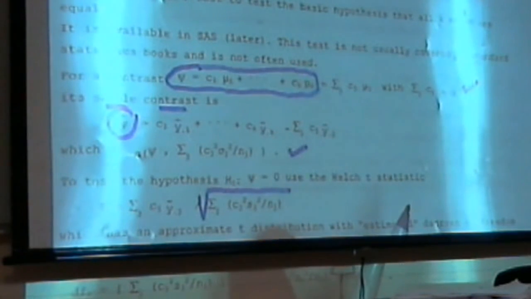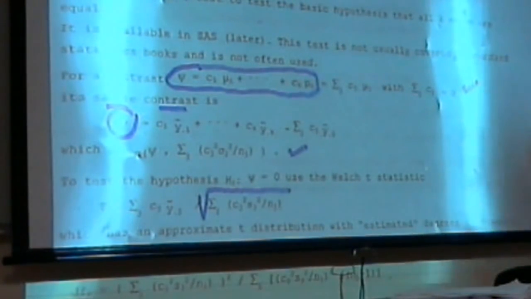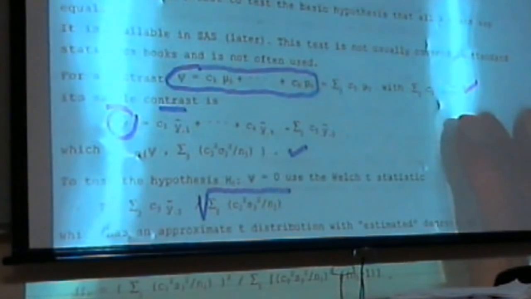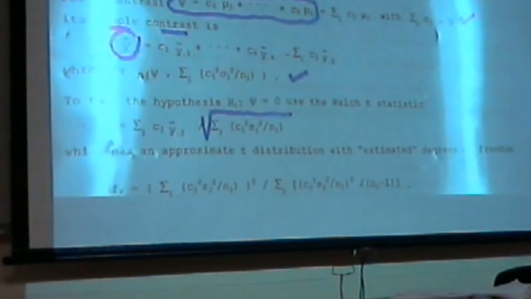So then if we're going to use this as a kind of a Welch t statistic for testing about the contrast, we need to know what's the appropriate degrees of freedom. And then the last line on this page